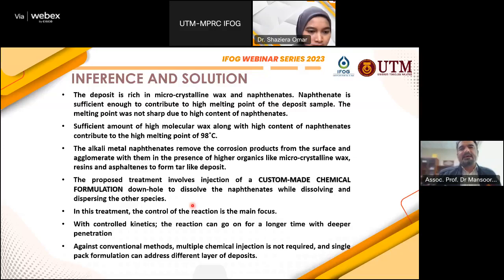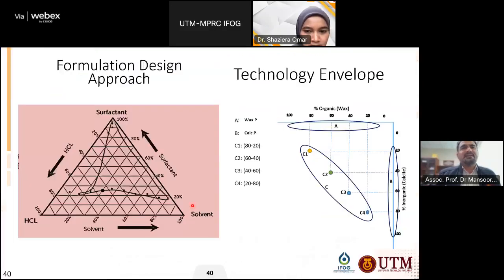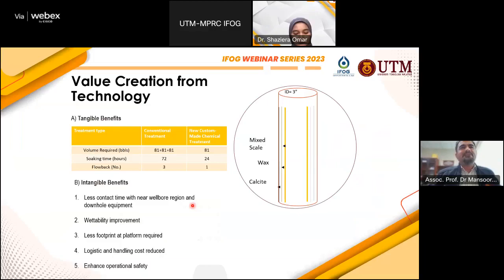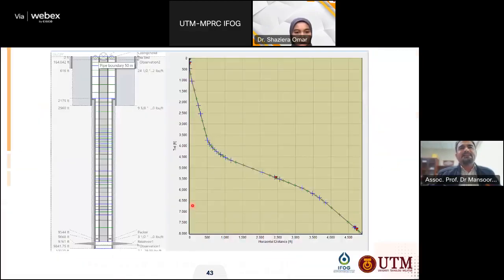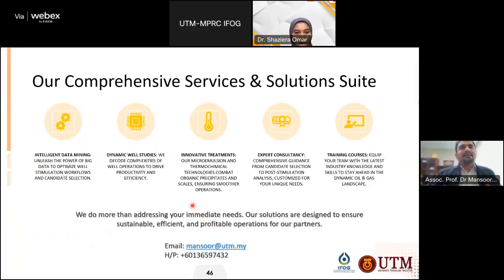is very important. I think the time is going up, and then this is the results, and this is the case study. Of course, there is a formulation design approach for surfactant, and then the value creation. The result of this case study, this is about the dynamic simulation conducted via Olga. And then, of course, this is the services that we can do about